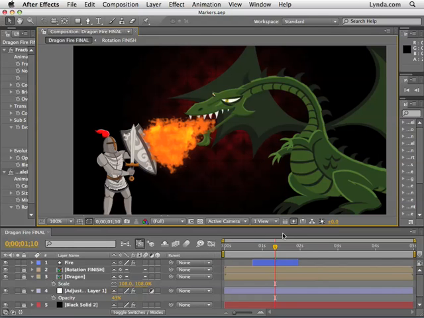Oftentimes when you're working in After Effects, you want to mark a certain spot so you know where something happens. Let's say maybe there's a certain part of the audio that happens, maybe a click or something, and you need to sync up your animation with that point in the audio. Well, having a marker at that particular frame where that audio is happening is going to really help you while